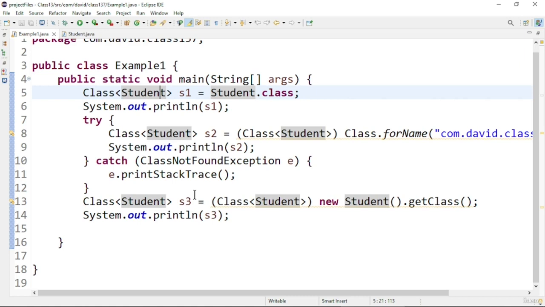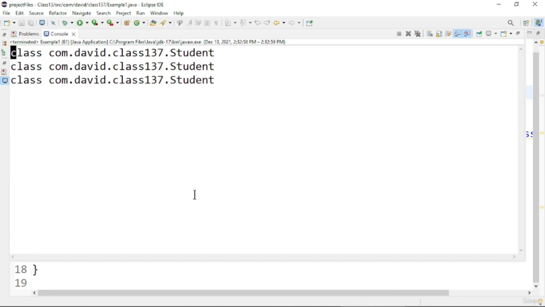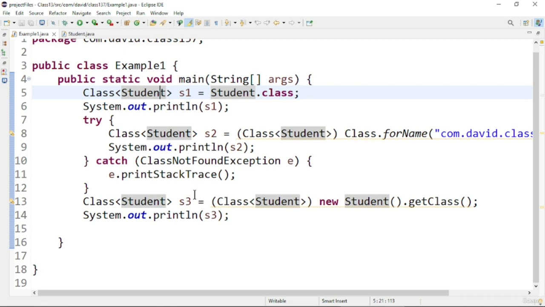Like that we can access the class objects. So those are three different ways. Now let us see the output. Here you can see all the class names are printed. That's it about the output of this program. In this program we saw how we can get the entry point to the Reflection API.